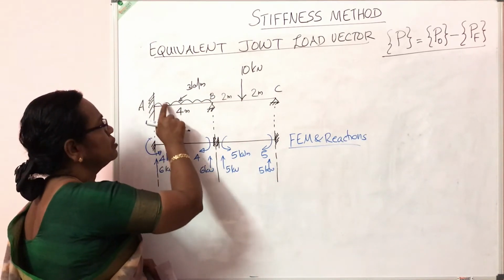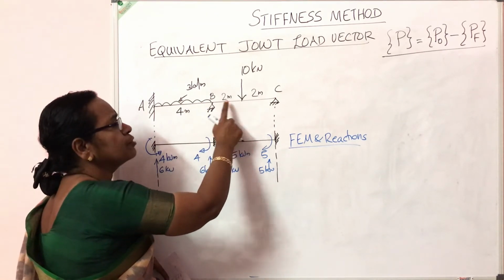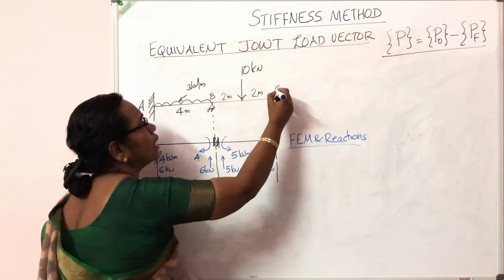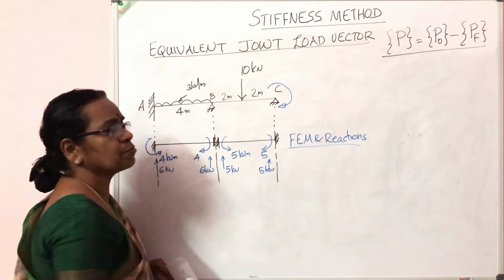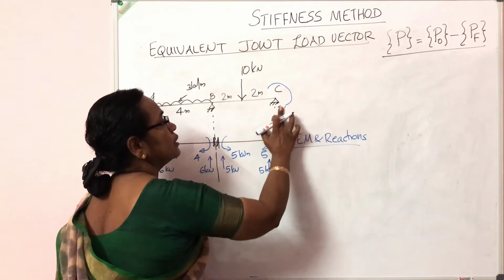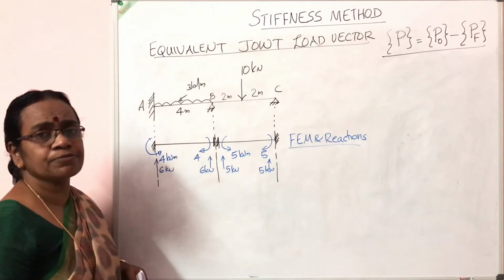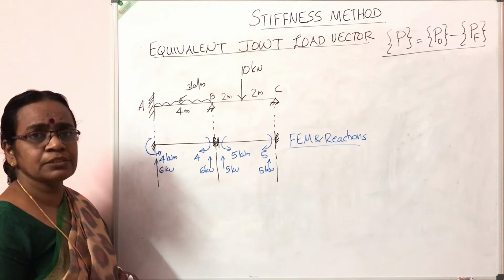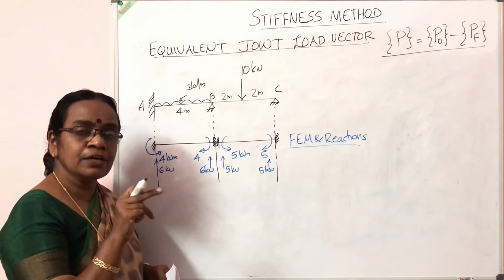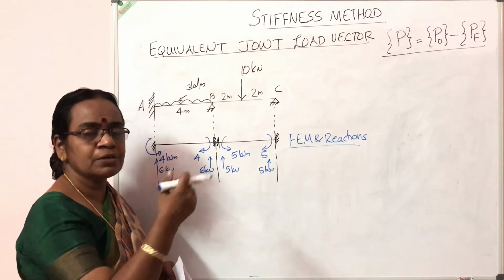Suppose in this question, this load 3 kN is acting on the element. This 10 kN is also acting on the element BC. But if there is any load acting in this node, like some bending moment, an external moment, that will be considered in the P0 vector. Normally for beams, the P0 vector is 0. Whereas for trusses, all the loads act at the nodes only. So there will be a P0 vector only. There will not be any fixed end moment for trusses.